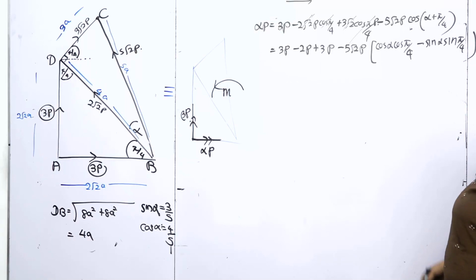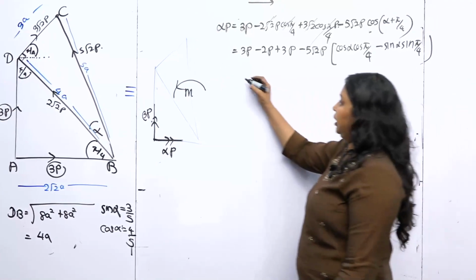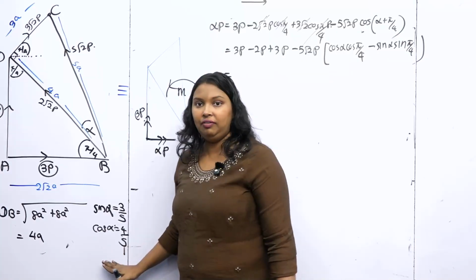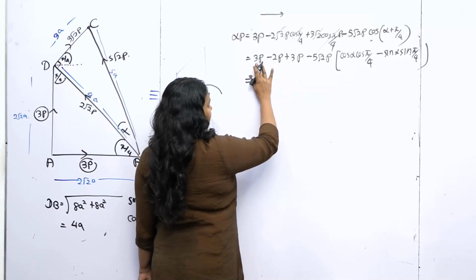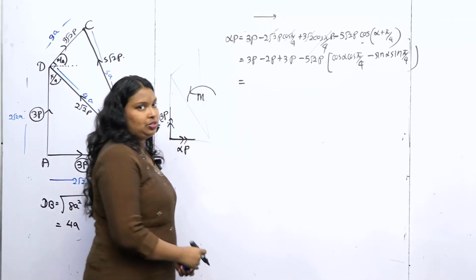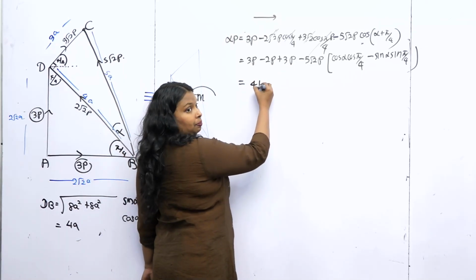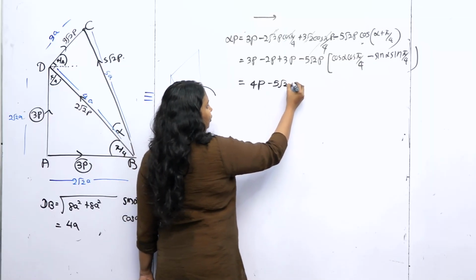Is it clear? Then we need to work out cos alpha. We found the value of cos alpha: see, 2p minus 3p plus 3p is 6p, minus 2p is 4p, minus 5 root 2p